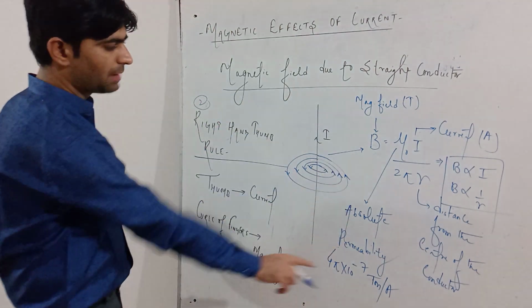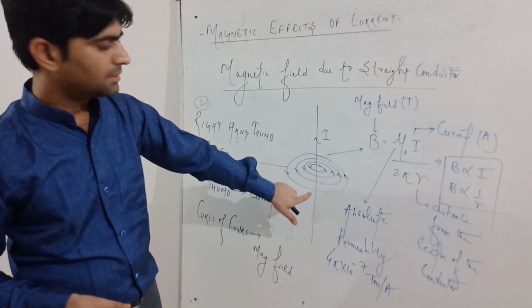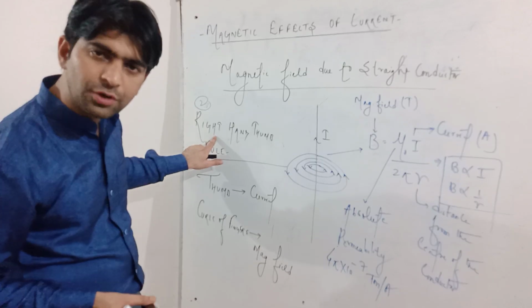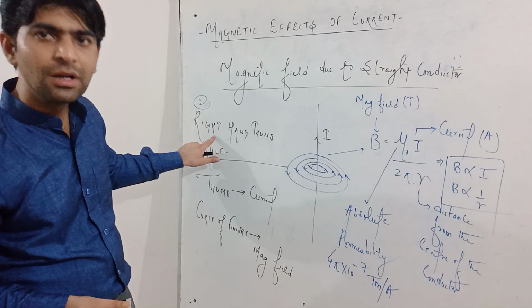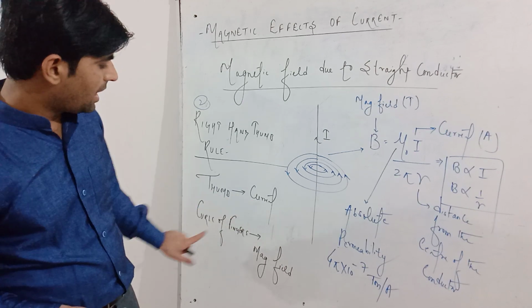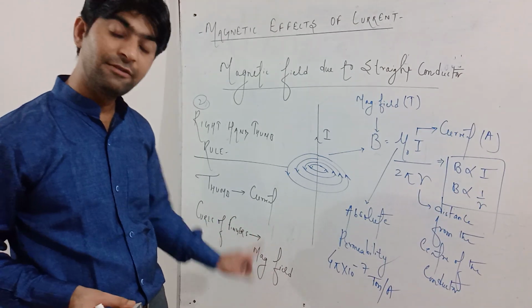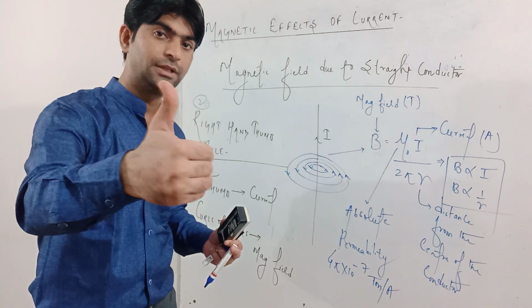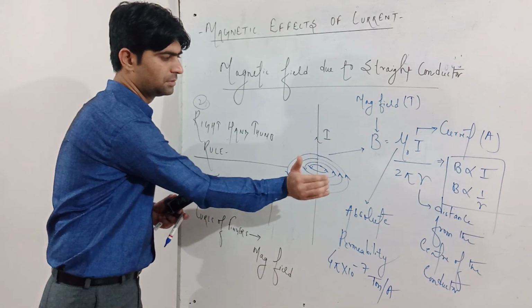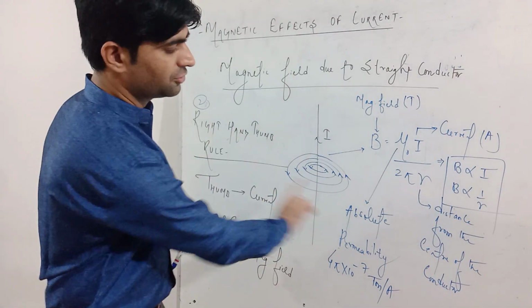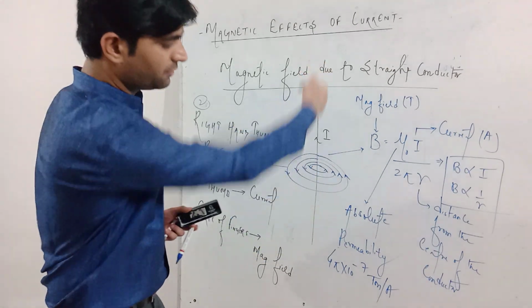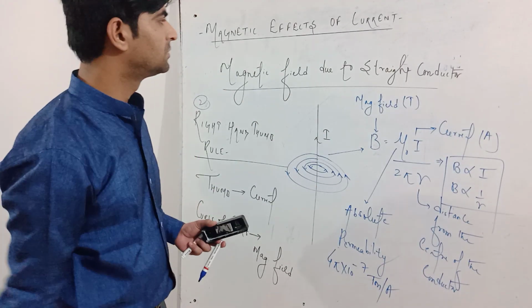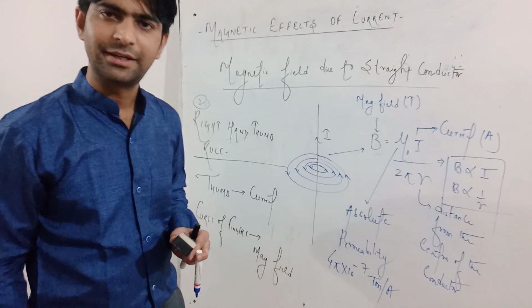So this is all about the magnetic field due to straight conductor. Pattern is the concentric circles. The first point is the pattern of the magnetic field. Second is the rule to determine. So we have used the right hand thumb rule, in which thumb indicates the current and curls of fingers indicate the magnetic field if thumb is set perpendicular to the curls of fingers. If the direction of current reverses, the direction of magnetic field will also reverse. If the direction of current reverses, the magnetic field will also circulate in opposite direction. So this is the magnetic field due to straight conductor.